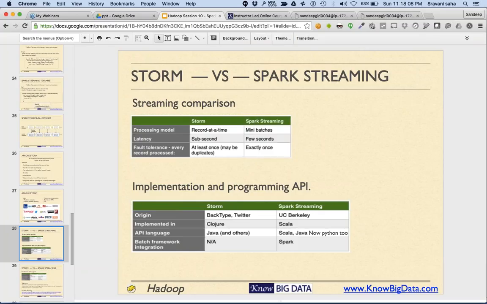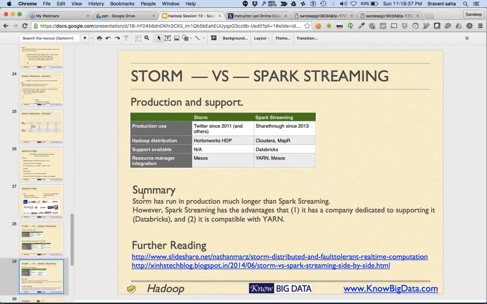With respect to fault tolerance, Storm might run a particular piece of data through the code multiple times, and in the case of Spark, it's only once. The implementation and API do not play too much of a role in making a choice.